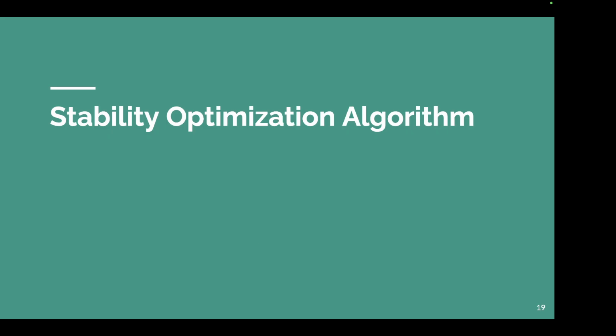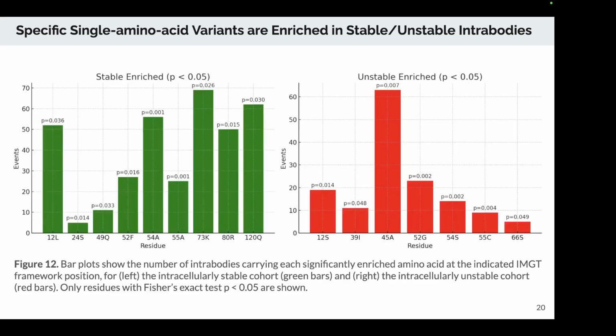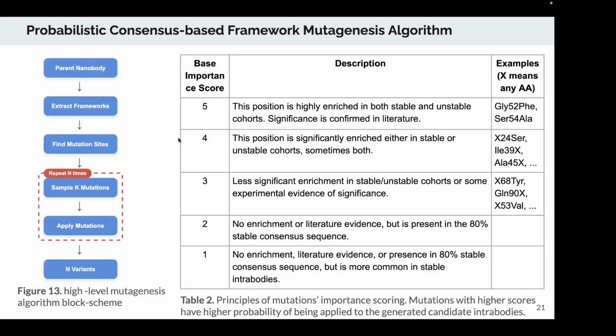Now let's move on from predicting the stability to optimizing it. And here I performed a statistical analysis which revealed that some specific positions in an antibody sequence, like for example this position 54, where if we have amino acid A at that position, then it's much more likely to be a stable antibody, intrabody. While if we have a letter S at this exact position, then it's much more likely to be unstable. So just gathering this statistical information, I made a probabilistic consensus-based